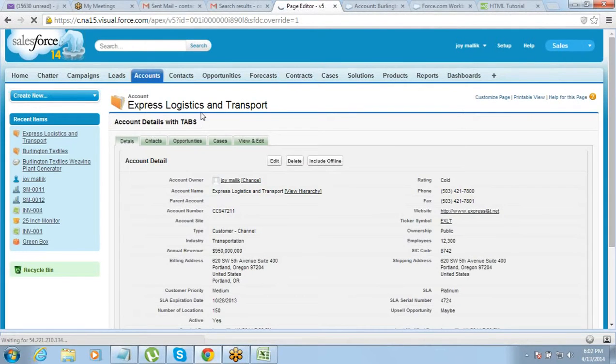Open Express Logistics and Transport, it opens in that format, right? So I've designed the template, and you have overridden the standard page using this Visualforce page.